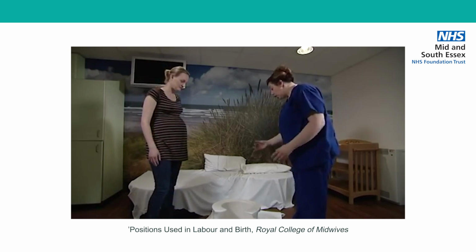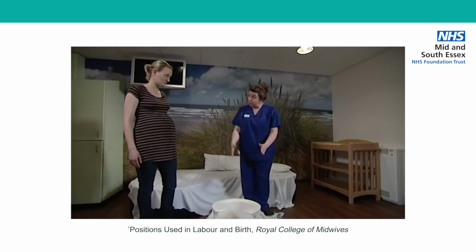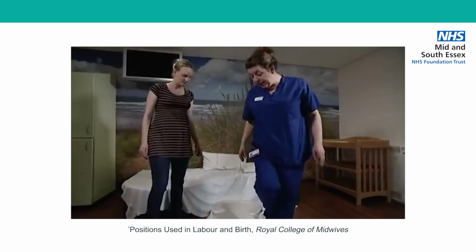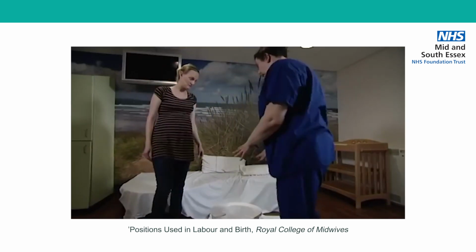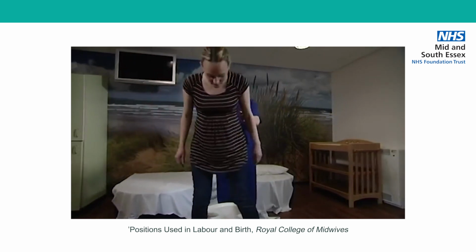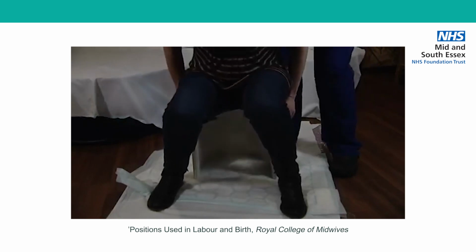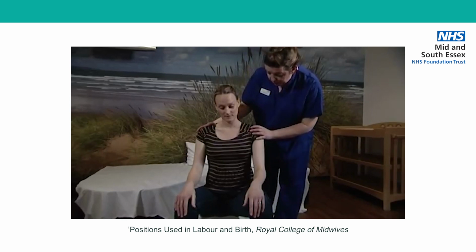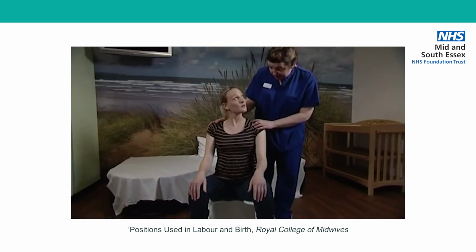So if I get you, normally we would have dad sitting behind you supporting you, so I'm going to stand here and support you and be your partner for today. So again, you stand at the front of it with your feet wide apart, and then I'll just support you while you sit down. And you can actually deliver on this stool if we do use it. There you go. So we'd normally have dad supporting you there and your midwife at the front there, and you can deliver on this stool, but like I say, we usually use it at the very end of your labour